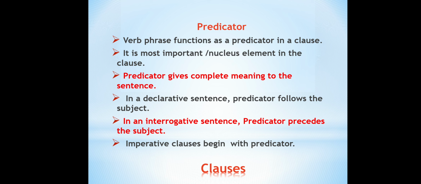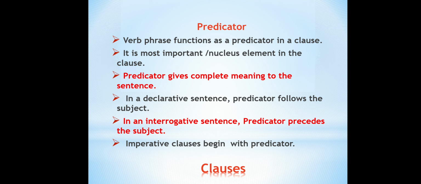Number 1, the most important clause element, as I just told you, is the predicator. Predicator is said to be the nucleus element of the clause, or the most important element of the clause, because it is the predicator which gives complete meaning to the clause or a sentence, and the position or place of the